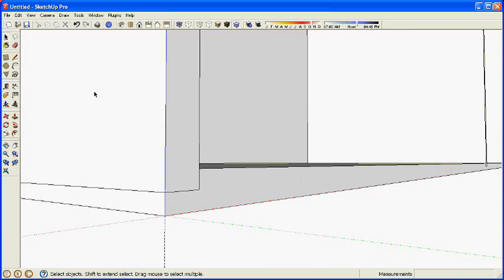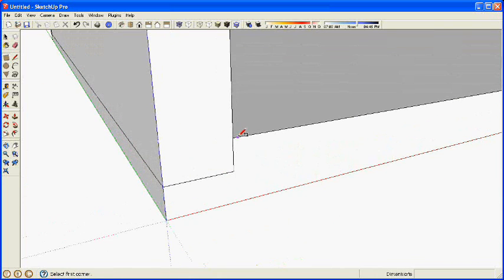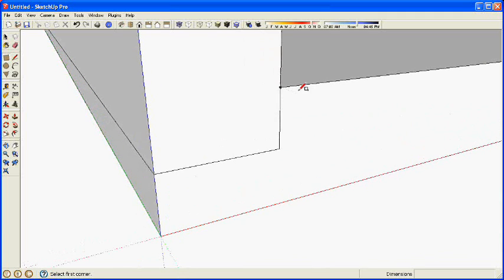Now let's put a face frame on this thing. So again, I'm going to start with the rectangle tool. I'm on the front of the cabinet now, and I'm going to use inferencing to place the first corner of the face frame rail. And what I've done is I've hovered over this point, and then I'm going to come over along the